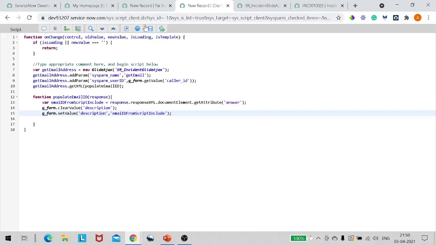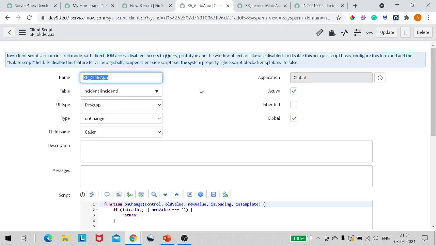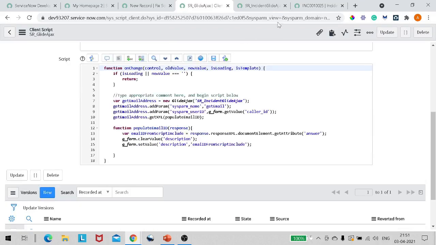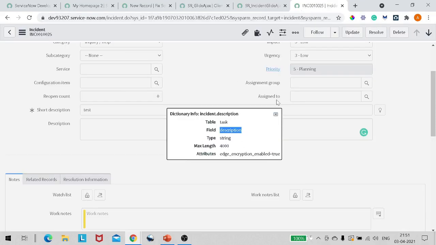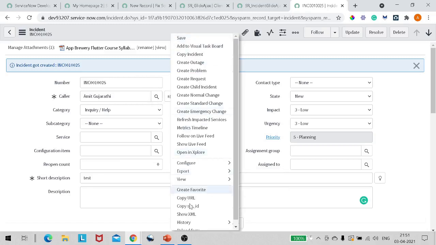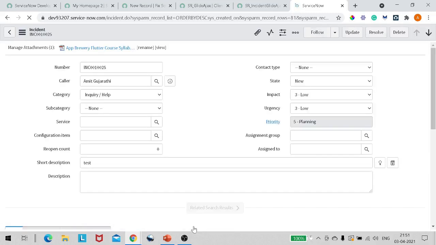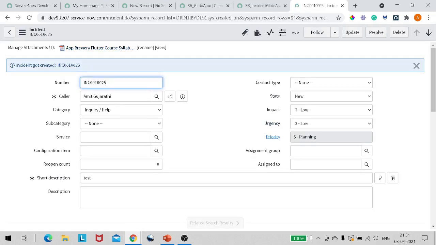Okay, let's save it and let's see whether our hard work is paying off or not, right? Now on the incident I will close it out. Let's change it to some other name. First of all I will reload it, so that the cache and cookies do not interfere.